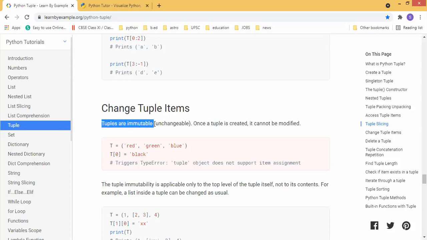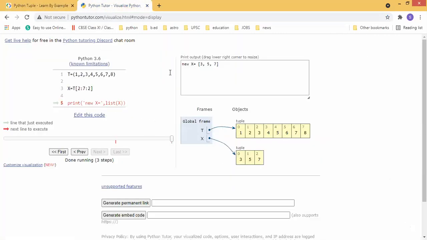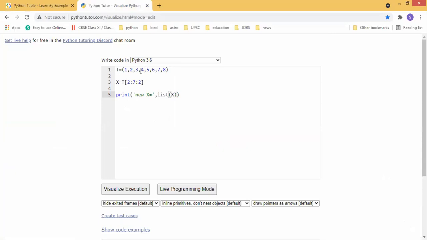So tuples are immutable, but only on the top level. Top level means we know the nested tuple, right? Students, everyone knows nested tuple, right? So for example, you can see this is a nested tuple.